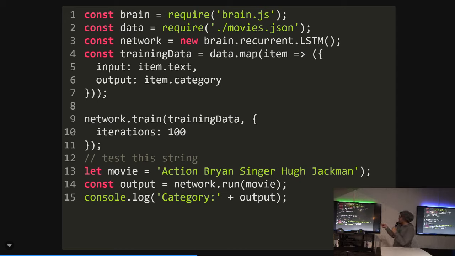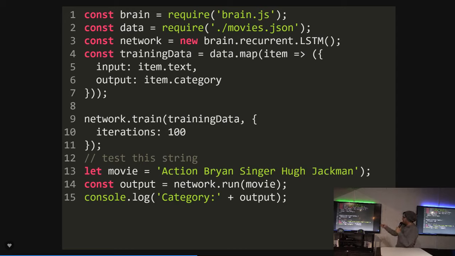The training data. So this is me mapping, iterating over my data that's in my JSON and fitting it, or just changing the key really, from input and output to what it was. So cool, I have my training data. This is all going to happen right here in this one script. I'm going to train my data. My iteration is going to be 100, so it's going to go through 100 times, calculating the loss down to whatever its preset is. It's a framework, so like all frameworks, you accept values set for you. Whatever the loss threshold is that it's going to go down to, it's going to do it 100 times.